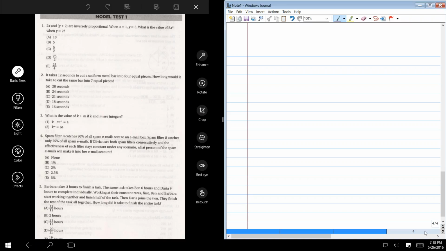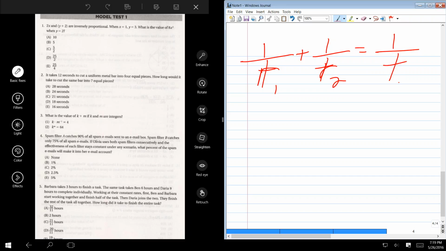And GMAT is almost unique. I don't see work problems on SAT testing or ACT testing, but GMAT has a lot of work problems. And there is a formula that you can use for work problems. It goes something like this. This may be R sub 1, R sub 2, and that's T. I always found this wasn't terribly helpful. I actually find it helpful now, but